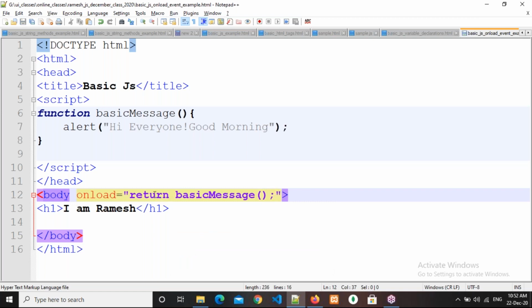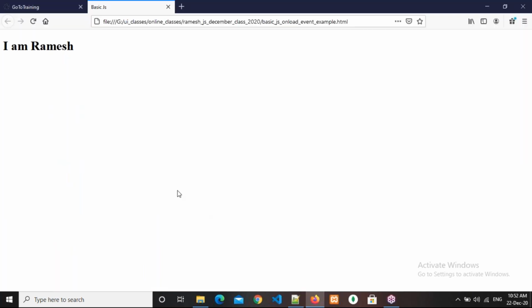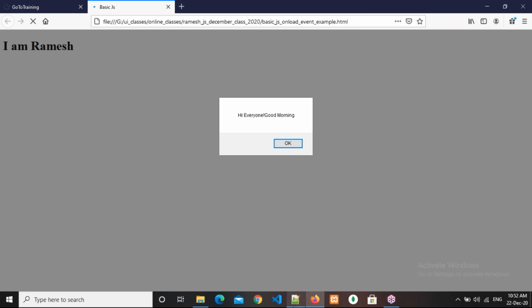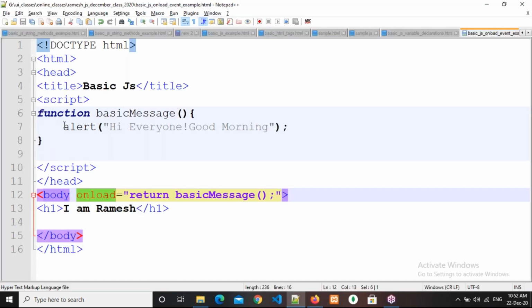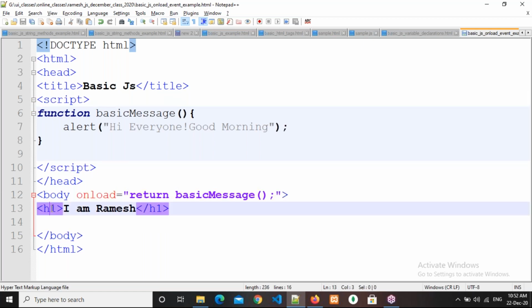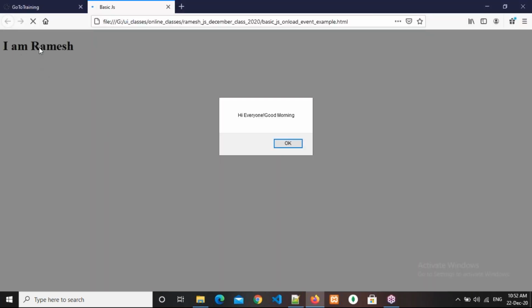Okay, this is the return and this is the message. This is the function name. And write here parentheses, semicolon. When onload event, what happens? See here, irrespective of the place. Now observe it. I'm writing the script tag in the head tag only, but you are seeing this h1 element also, and you are seeing this pop-up box also. Understand, right? What is the advantage of onload event? How to work with that onload event?